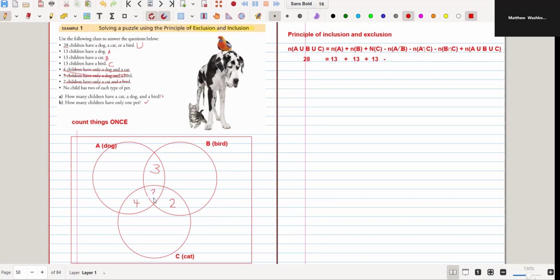Could put a question mark, but in math, we don't put question marks. Usually it's the letter X, right? So I'm going to say this is X. So what does that mean? So A intersect B, remember, that's this stuff here. Oh, well, I just got to add these two together. So that's actually,